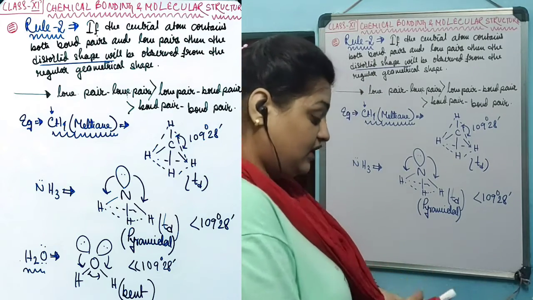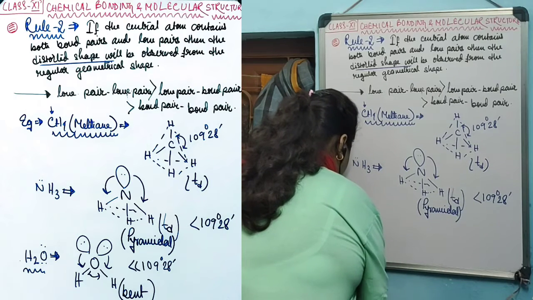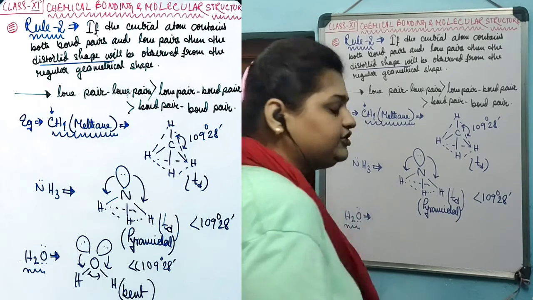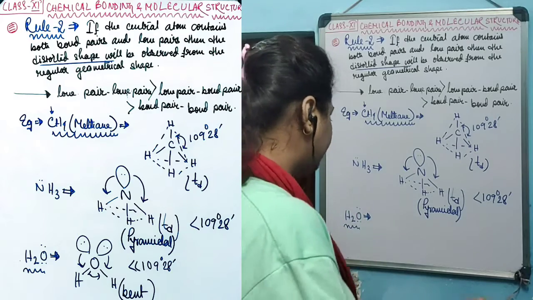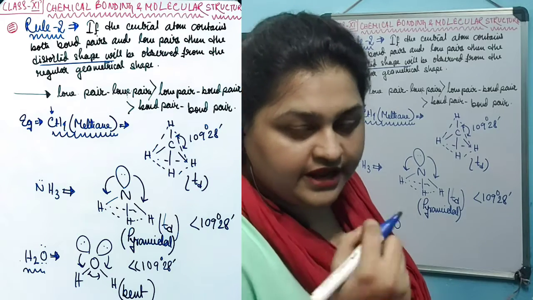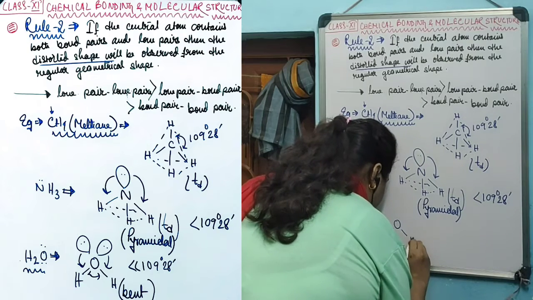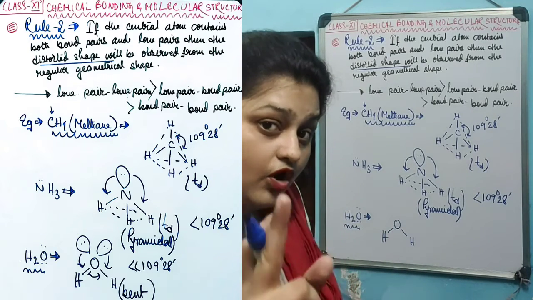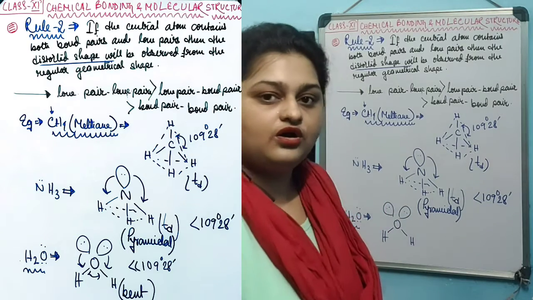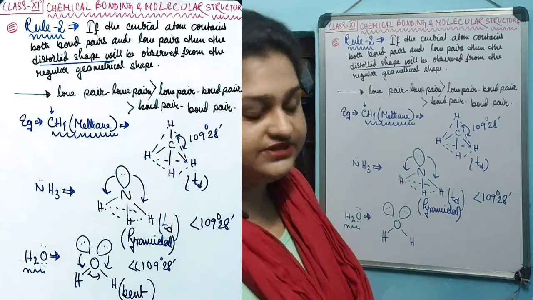Let's take another molecule as an example, that is the water molecule. Again, the first thing we need to determine is which one is the central atom. The central atom is oxygen. Now, how many electron pairs does it have? It has 2 bond pairs with 2 hydrogen atoms, and oxygen has 2 lone pairs on itself. So in total, oxygen, the central atom, has 4 electron pairs.